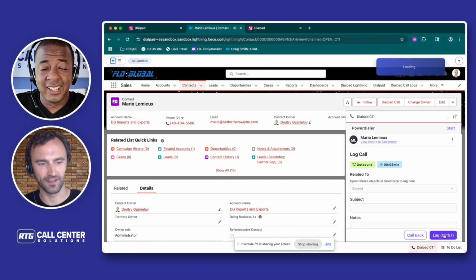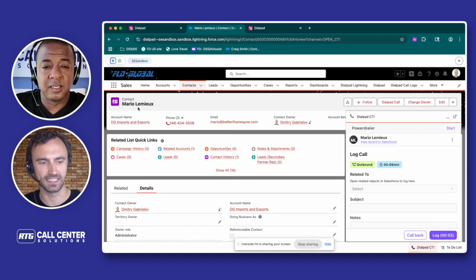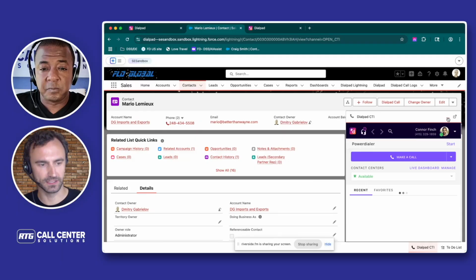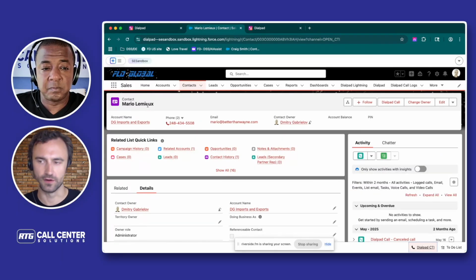So I stopped the power dialer. If I would have just clicked end, it would then move on to the next contact in that list. So I'm going to log this call and minimize for now. But as you can see, it pulls up that user's information, so I know exactly who I'm speaking to as soon as they answer. And it just saves a ton of time for anyone that's going through outbound sales motions,